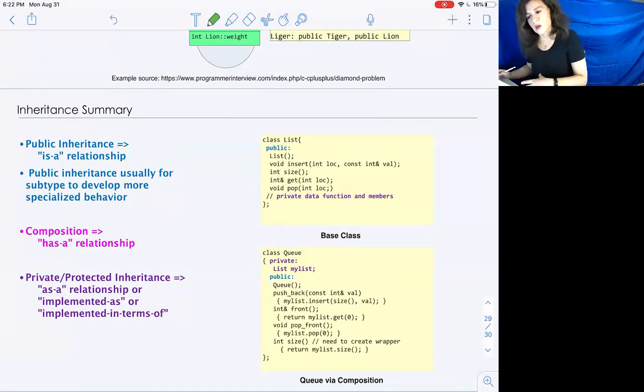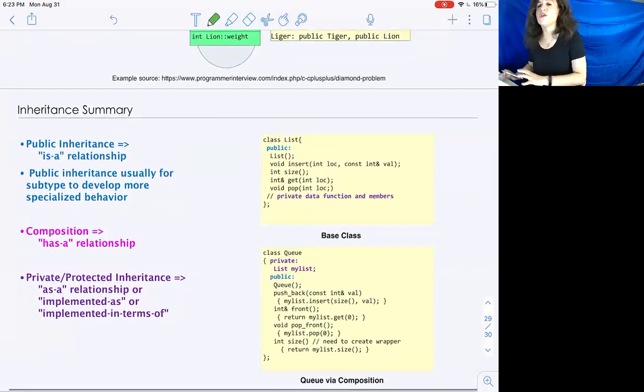An alternative to private or protected inheritance that may be more appropriate sometimes, or many times, as some might argue, is composition. Composition is not inheritance, it is a has a relationship, and composition is when you compose your class of other classes. So you include the objects of other classes as data members rather than using inheritance. So many times composition may be quite helpful for you. And this is specifically what we have here. We have this example of a queue class implemented using composition,